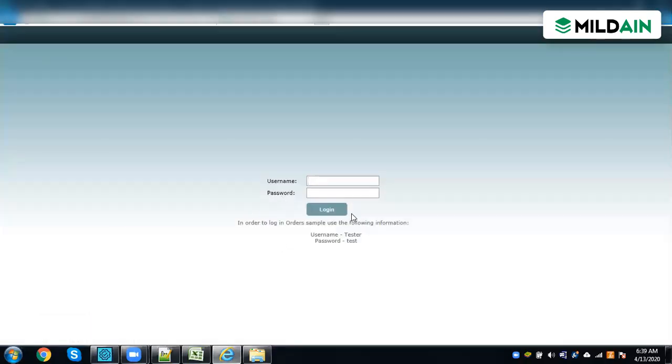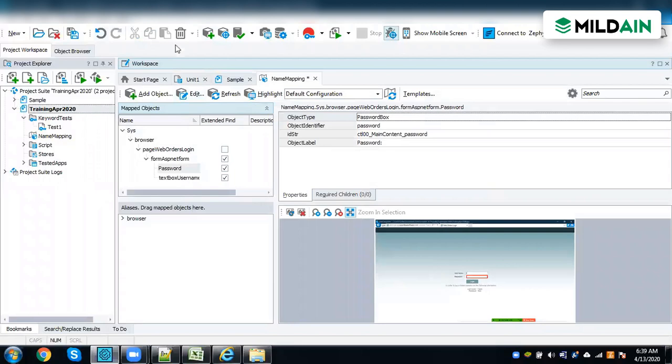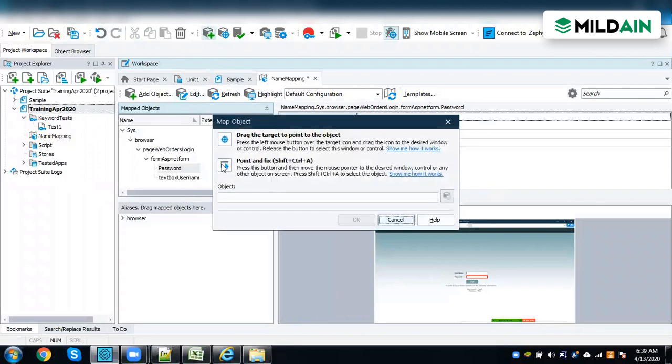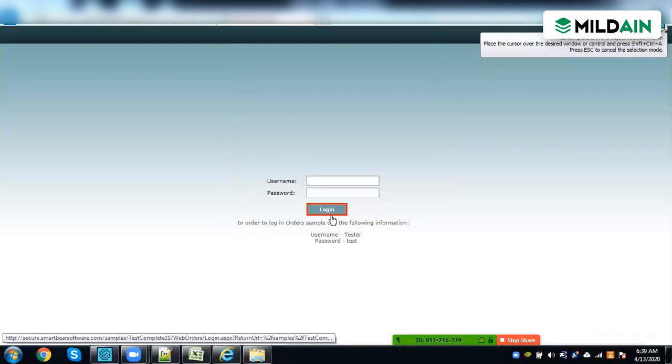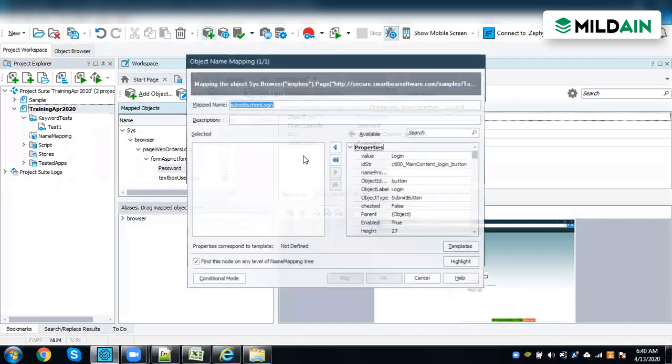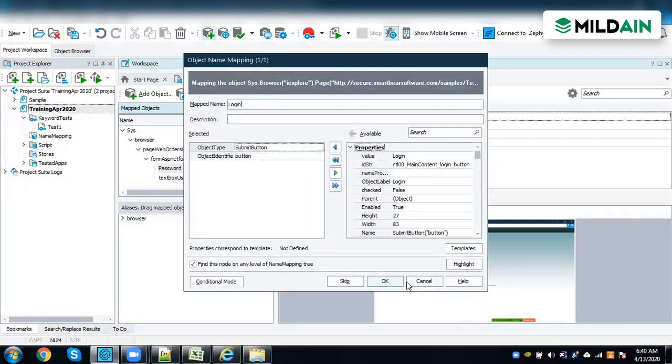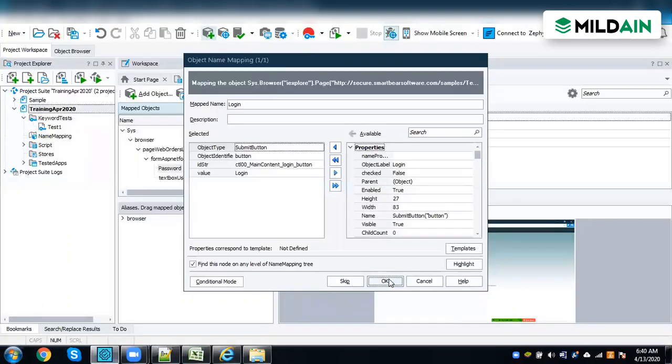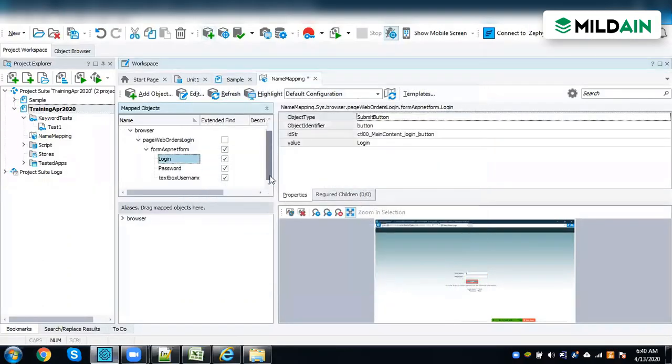When you click on OK, you just get it here. And then the other thing is the login button, where you get the button properties. I'm just going to give login. Click on OK, and if you want to add properties, you can add them. Okay, so now I have added three values: one is password and the login, and here I can rename also. I'm just pressing F2 so that I can rename.